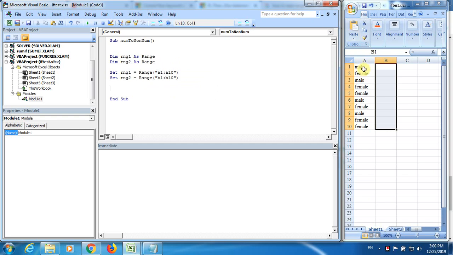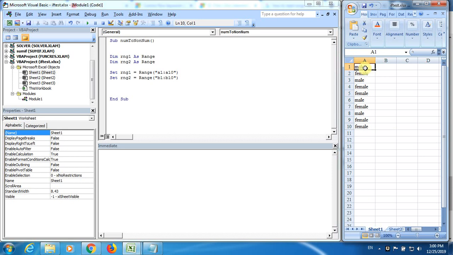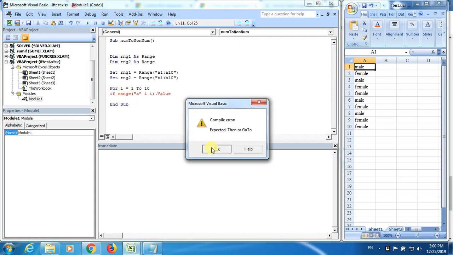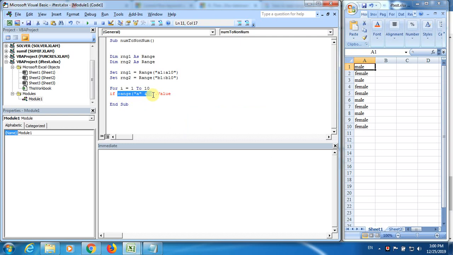If the cell inside range1 is male, then it is going to be 1. For i equal to 1 to 10, if range A, ampersand. When I'm doing this way, I'm just telling Excel that when i is 1, then this is going to be 1. So I'm just using ampersand. I spoke about this in one of my previous videos. You just go ahead. Well, is equal to male, then